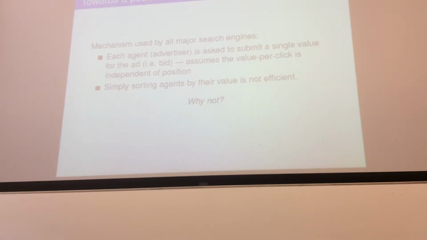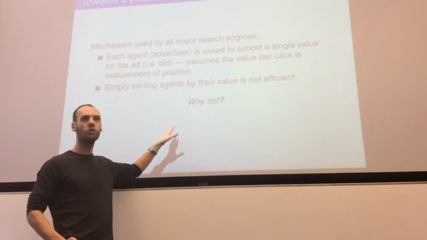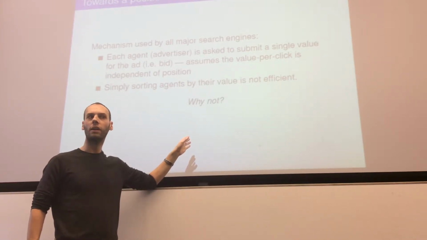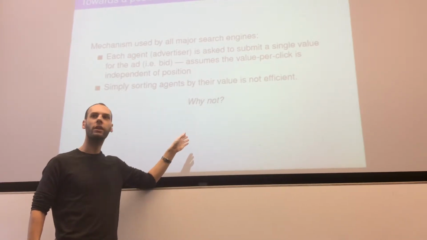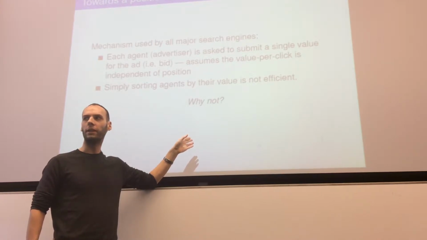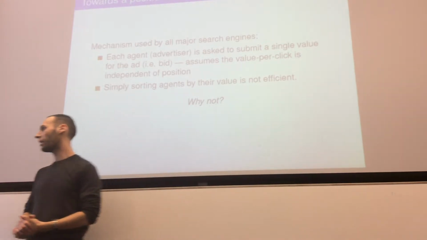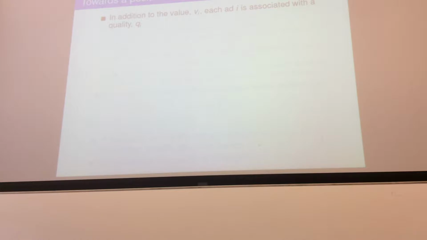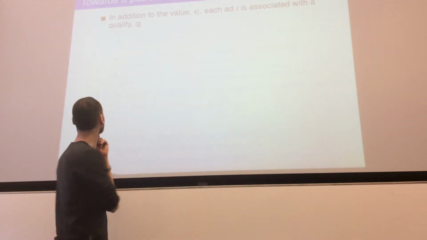The first auction that was designed by Yahoo was exactly this: just use the value. They started off with a first price auction, and they saw that it didn't work properly. Then a company called, I think, DoubleClick, came up with another auction, and I think it was Google that came up with a variant that, in addition to value,